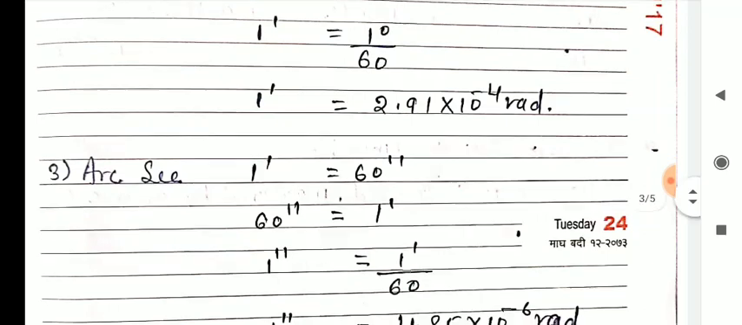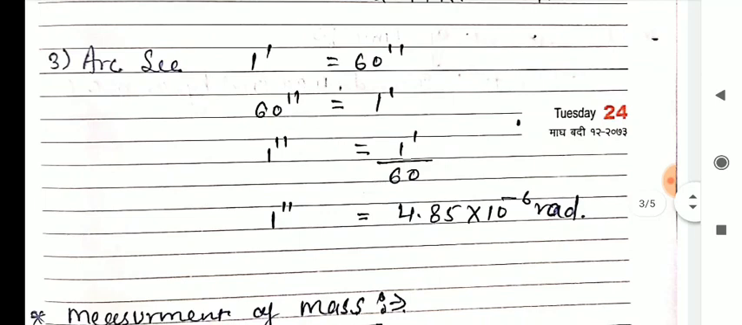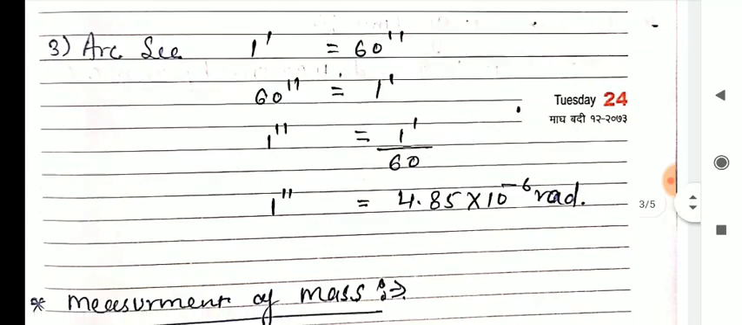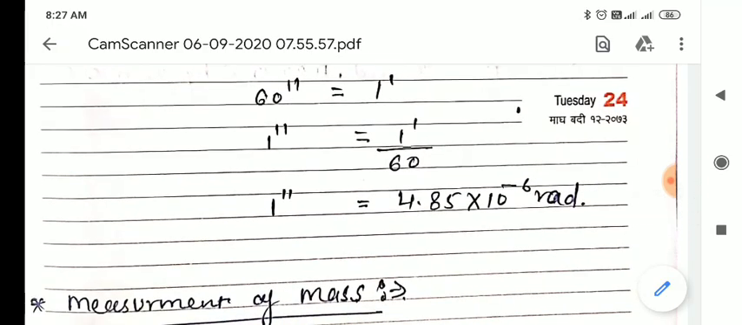Then after that, the conversion of the second. As we know, 1 minute will be equal to 60 seconds. So we can write 60 seconds will be equal to 1 minute. So 60 seconds can be written as 60 into 1 second, and 60 into 1 second will be equal to 1 minute. So we can calculate the value of 1 second: 1 second will be equal to 1 minute